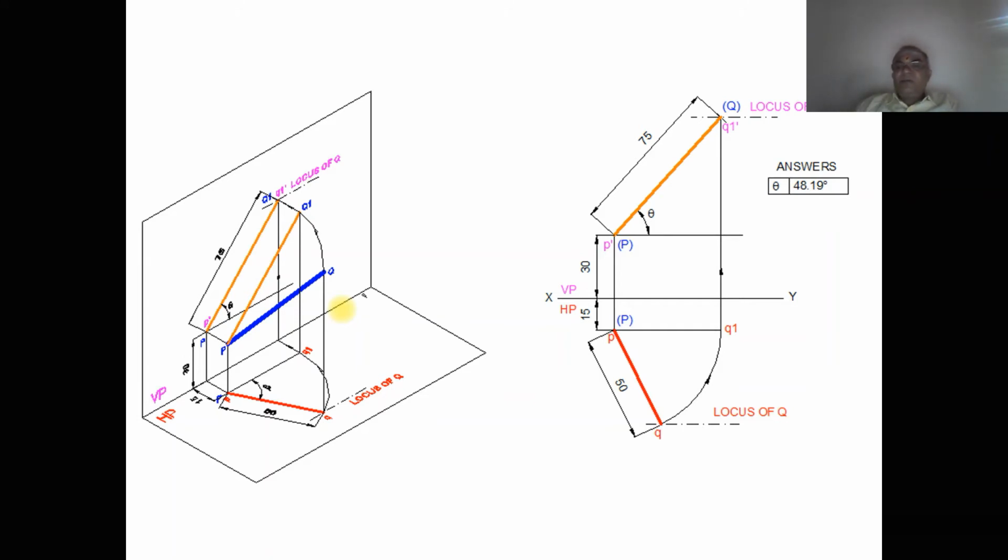So that means if I want to find out the true length in the front view, then I need to consider the top view line. In this case, the length of the top view is 50 mm. You make the top view line parallel to VP. Once you make it parallel to VP, as shown here, both P and Q1 are in front of VP by 15 mm. When you make it parallel, you are going to get PQ1 equal to 50 mm.